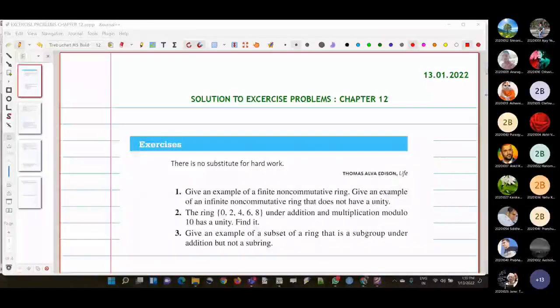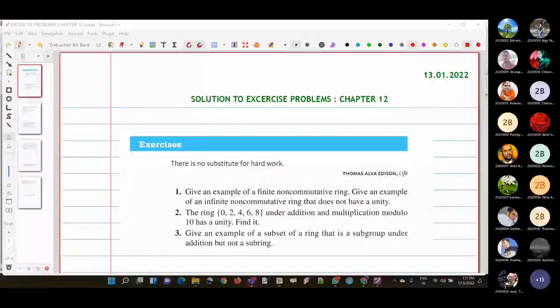Welcome back again. Today we are going to discuss the solution to exercise problems of chapter 12. This was the first chapter of ring theory, I guess, and we discussed in this chapter a ring and some subrings and examples also, and the types of ring and certain classification based on the elements a ring has,